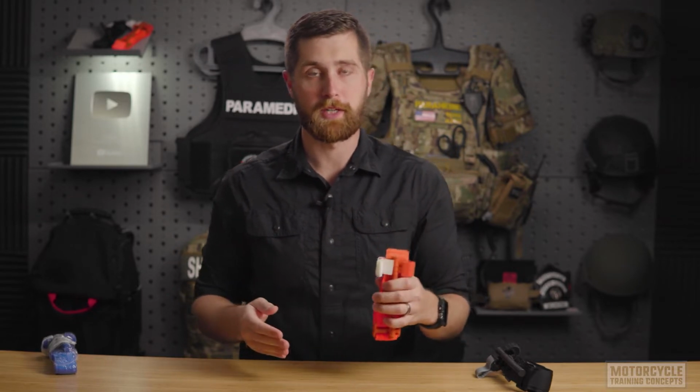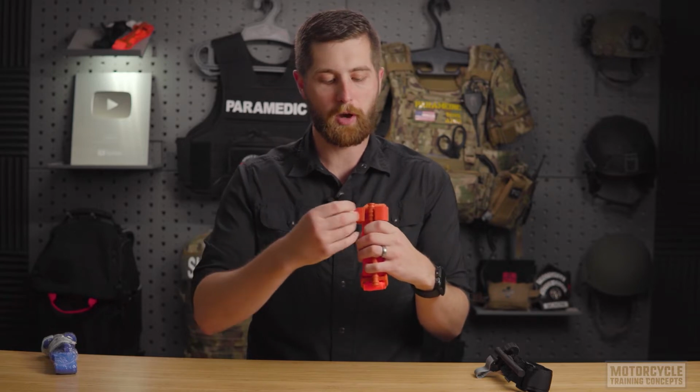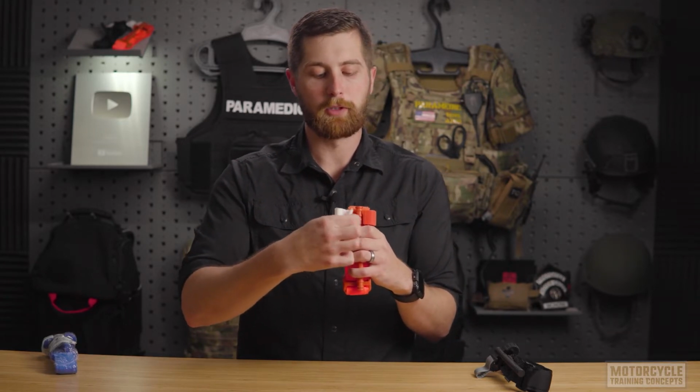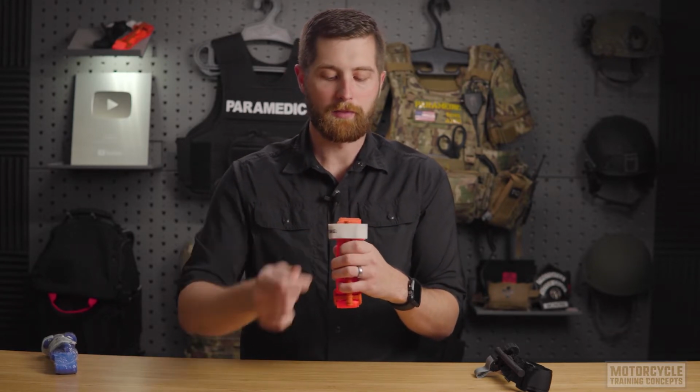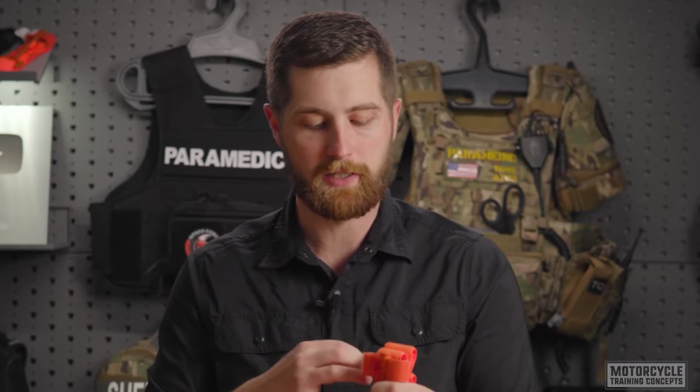Now, a couple pitfalls and things that I've seen people do that you should avoid when staging a tourniquet. Number one is keeping the time tab across. This time tab should be off to the side with just a little bit that you can pull and cover that windlass when you're done. You lose fine motor skills when you're stressed out, so having this and trying to take that off is going to be really, really hard under pressure, which if you're applying a tourniquet, I guarantee you're going to be under